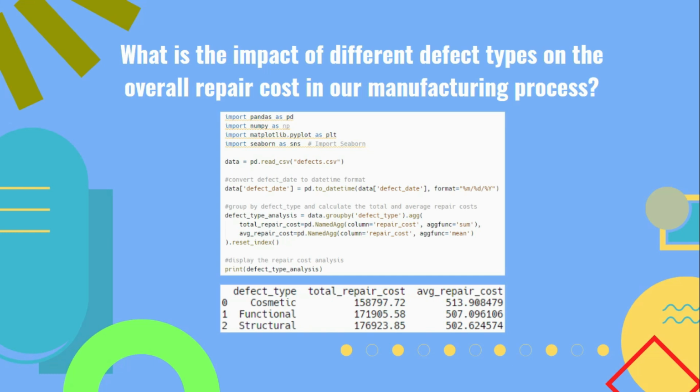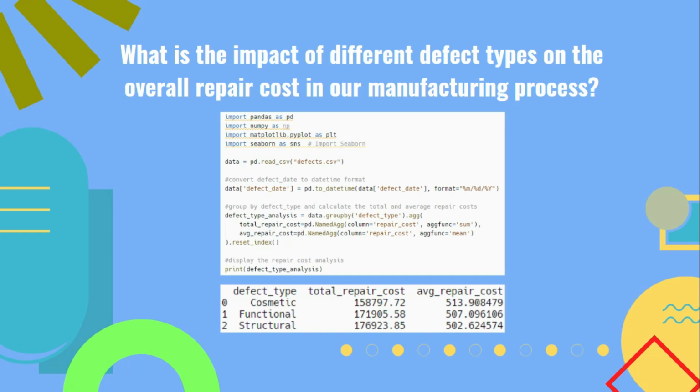And we see that the average repair cost for cosmetic defects is $513.91 per defect, and despite having the lowest total repair cost, this could indicate that each cosmetic defect requires a relatively high cost to correct, perhaps due to the precision needed in repairs to maintain product aesthetics. And then next we have the functional defects, whose average repair cost is $507.10, and these defects are slightly cheaper to fix on average compared to cosmetic defects, but still represent a significant cost,